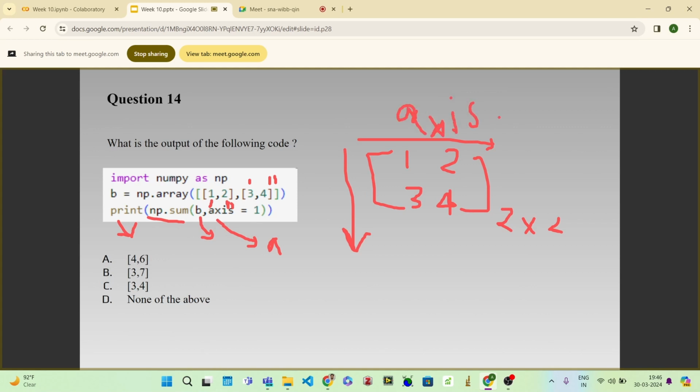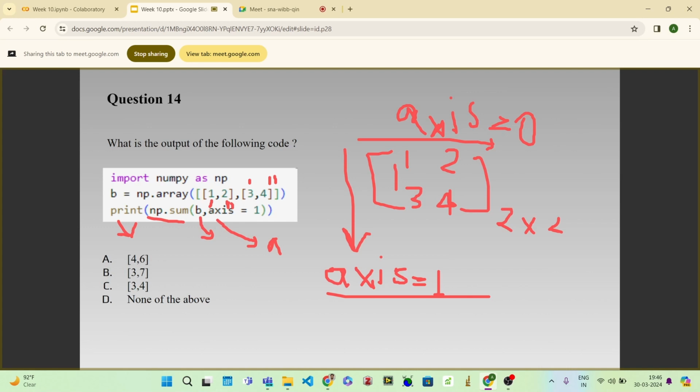This axis is called axis 0, and this is called axis 1. Okay. So if we are performing the sum along axis 1, that means this 1 plus 3 will be